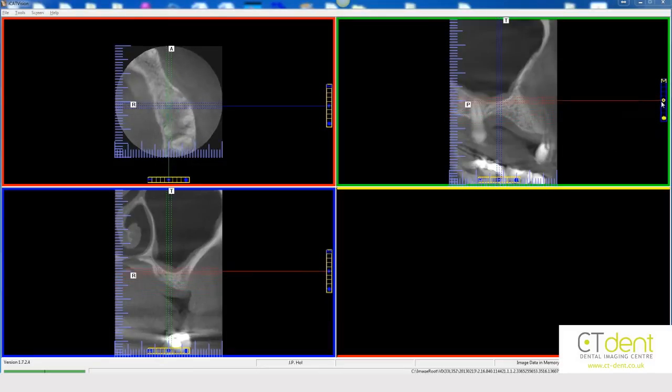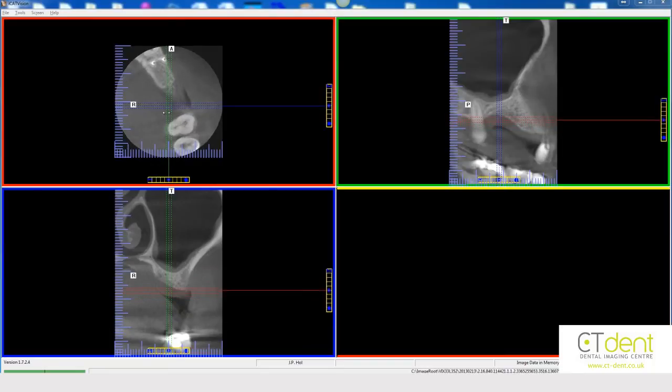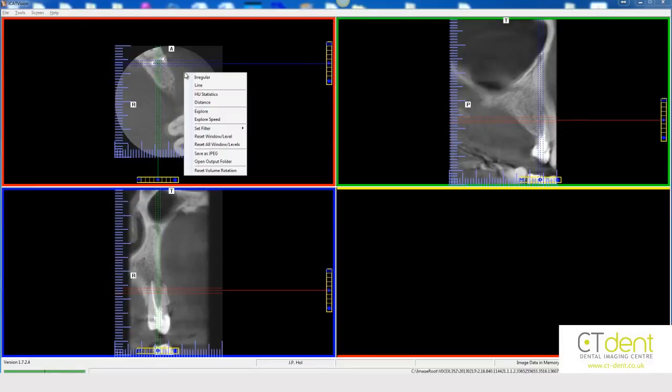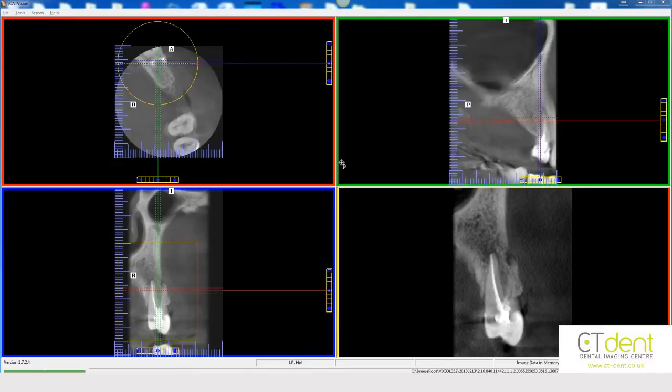Use the horizontal and vertical bars to navigate to the region of interest. You should have two lines intersecting either on the axial or coronal slice. Right-click on the mouse and the menu will be displayed. From this, select Explore. This will bring up a round circle on the axial slice and a square on the